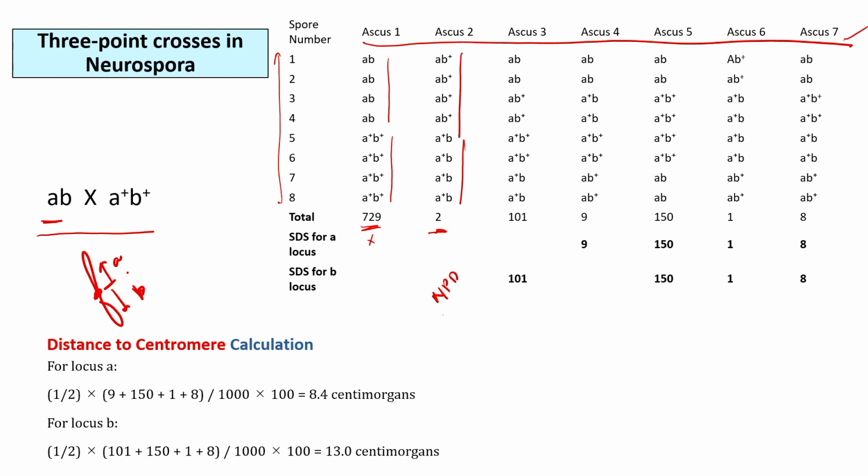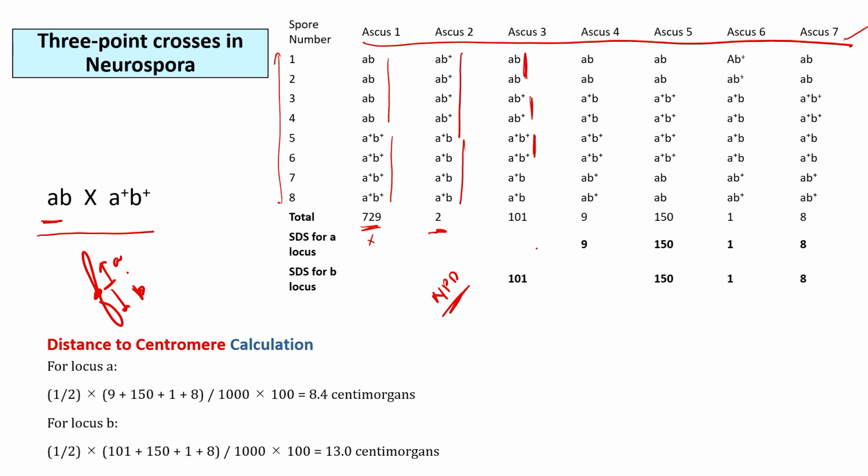Non-parental ditype, right. So they are NPD. Now come to ascus 3. What you see? This is the parental, this is the recombinant, this is parental, and this is also recombinant, right. So these are tetrad types,